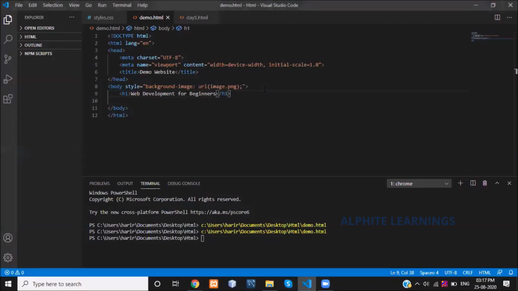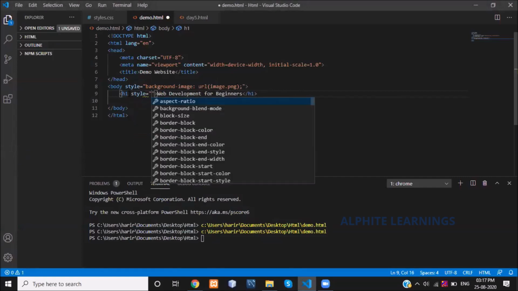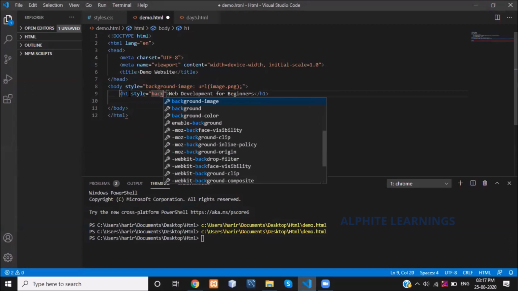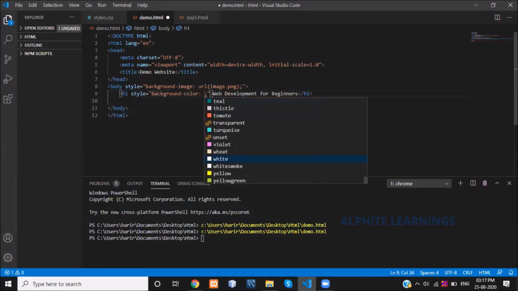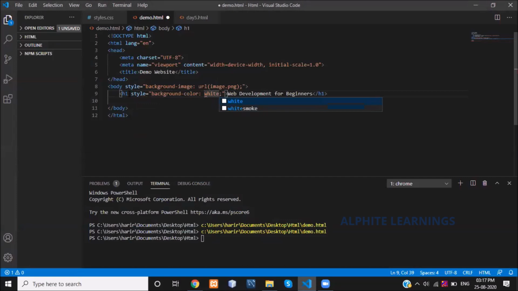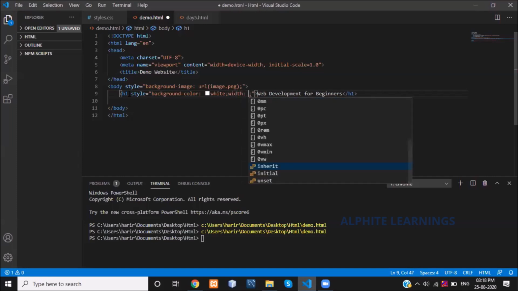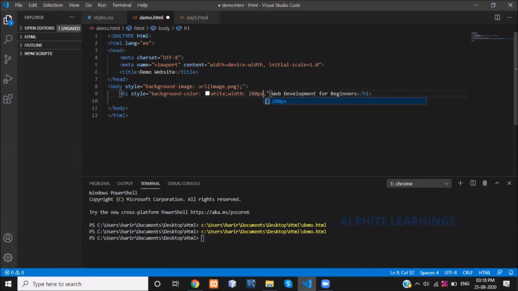I'm giving some inline styles here, like style. Background color for my heading, I'm giving white. Width, I'm specifying the width of my heading as 80 pixels.